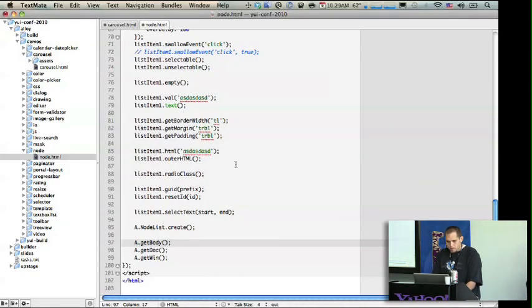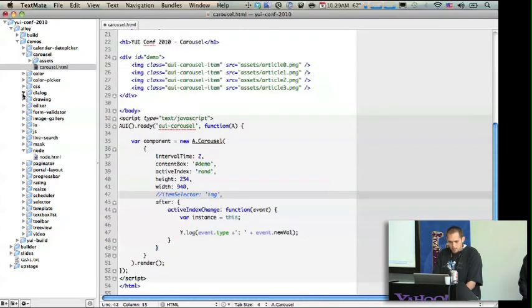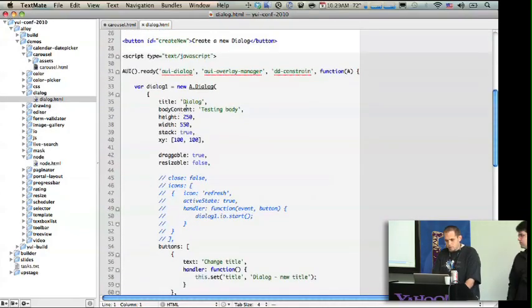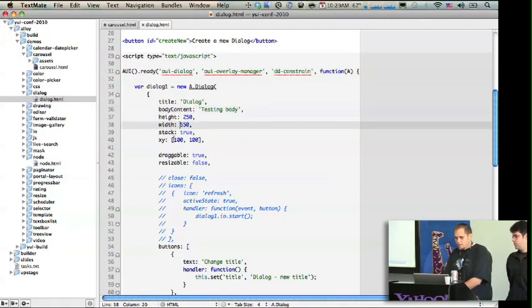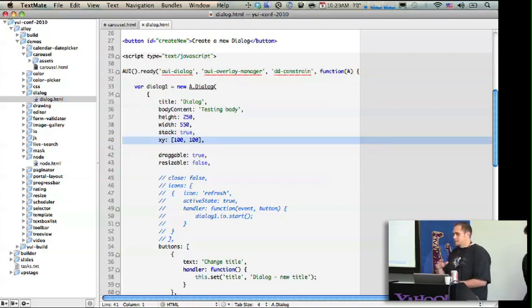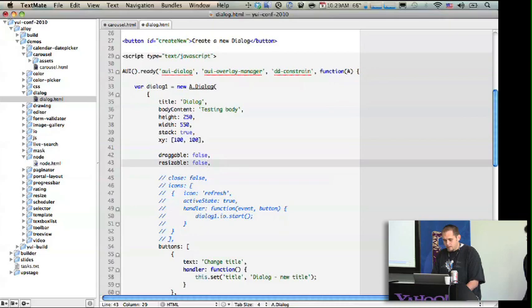Okay. So let me go ahead and show what that code looks like. So dialog looks like this. You just say new dialog, and you just give it a title, a height, a width, and you can specify whether to stack by default, and you can turn that off, or you can just ignore it. By default, it will be true. And you can specify the X, Y, and say where on the page it should be. And you can also say whether it should be resizable or draggable. So if I set this to false and set this to true,